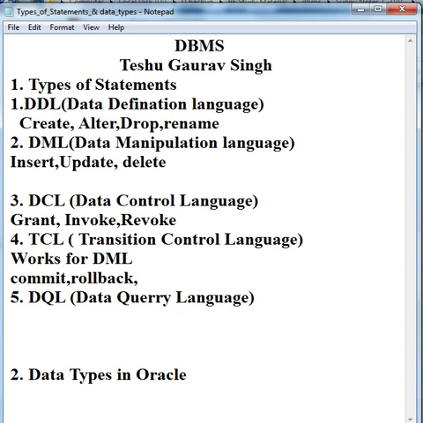Okay, so if I can fix only up to a particular point, for that particular point I can use savepoint. If I don't want to undo all the DML commands, if I want to undo only up to some particular point, then I can use savepoint. We will see all those commands in a practical approach, their practical implementation. So basically commit, rollback and savepoint are used in TCL commands.